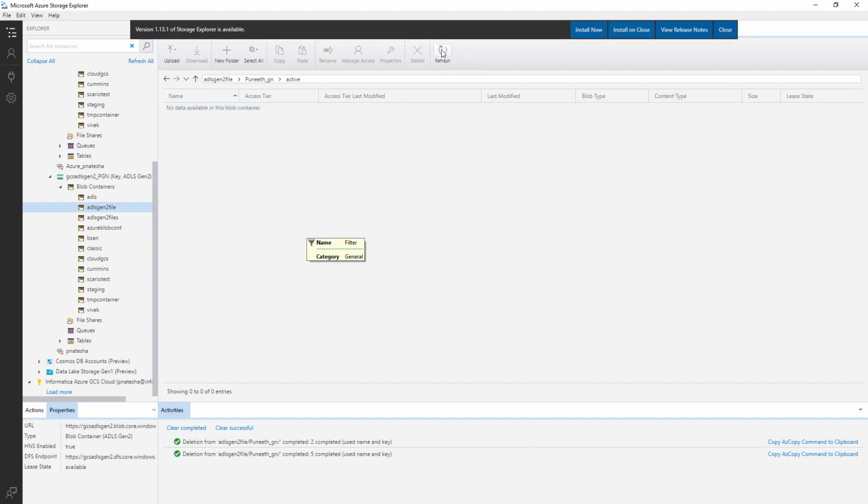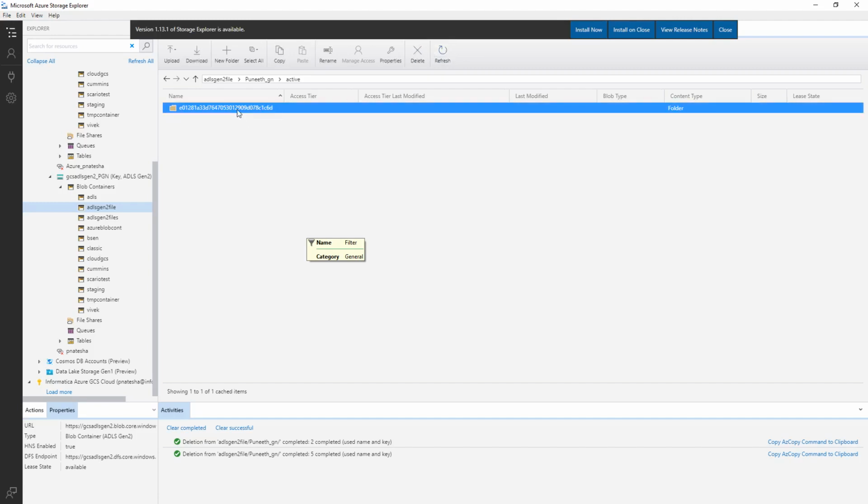It takes a couple of seconds. As we see now, it created a staging file. The target file name should be event hub one underscore demo one. So it has created a staging directory, and the staging files got created.